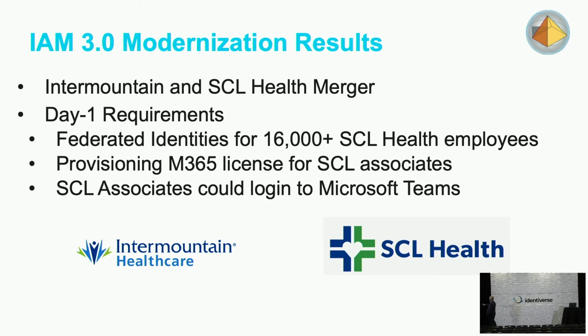Pretty good. This was way more successful than a couple of smaller acquisitions we did with a few thousand employees, where we tried B2B accounts. We tried some other things, and it did not go well. But I think our management was extremely happy with this acquisition, although I think they were announcing it on Monday or Tuesday. Thursday or Friday, they came and said, hey, we don't want them to get access to the employee portal. So we had a big, huge scramble